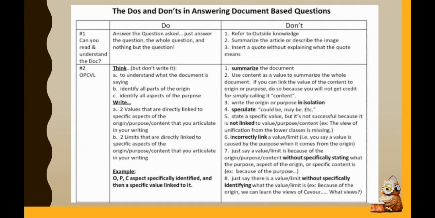And the last one is outline. The things they have to do is outline prior to writing and create a specific thesis with multiple reasons or claims that address the common term, and use as many documents as possible, and then apply specific outside info to support a claim. And then don't summarize the document only, and don't recount the entire timeline of Italian unification without selecting just the relevant parts to answer the question asked.